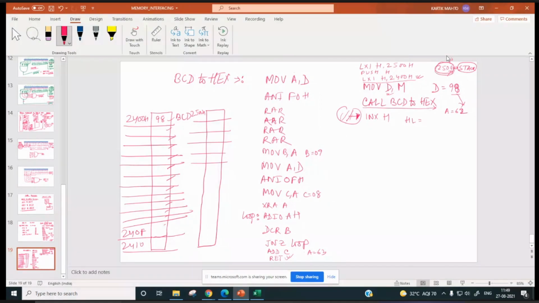So INX H will do what? It will increment the HL pointer. So HL is 2400H, so it will be 2401H. Next instruction XTHL if you do, then HL will be 2500H and HL content 2401 will be onto the stack.